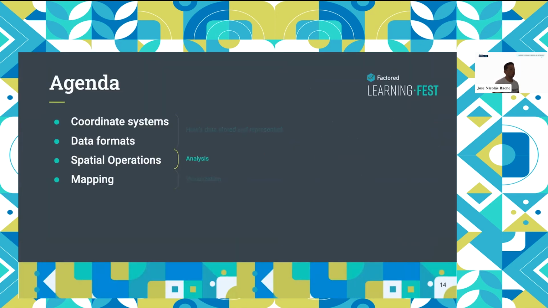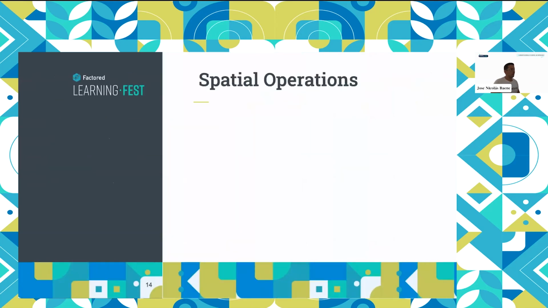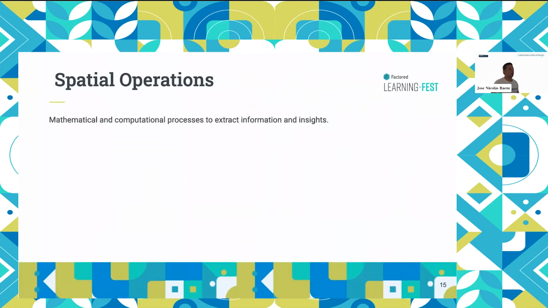Right now, we can move on to spatial operations. Now that we know about coordinate systems, how data is stored and what projections we should have in mind, we can look a little bit into spatial operations. As I told you, this is not a comprehensive view. Spatial operations are mathematical computations that help you extract information and insights, or data engineer your data in some other way, just to get answers from your data.